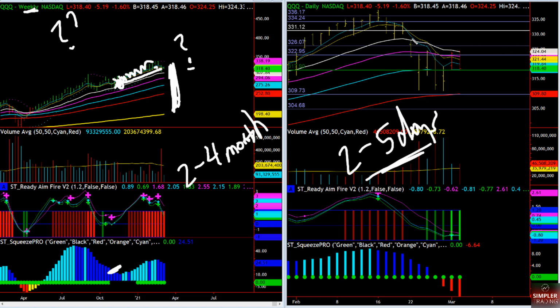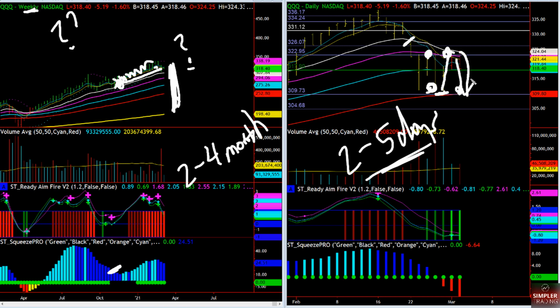So on a daily chart, once we go below the 21, I like to short the rallies and then buy it back at the extensions. Short the rallies, buy it back at extensions. Yesterday it was great, we were rallying, but we were so far away from the 21 EMA, we were certainly due for a rally. And now it's like, all right, let's see if we can roll back over again.